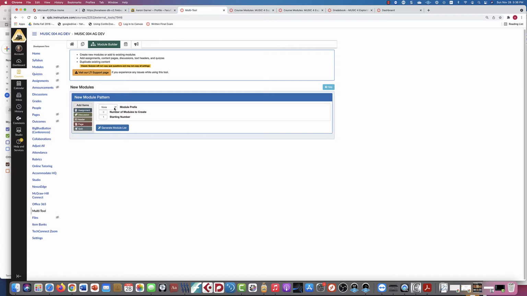So first thing you'll do is choose your module prefix. There are a bunch of them here that you can choose. You can do a custom one. You can just choose not to have one. I'm going to choose week because I always go by weeks. And then I'll start from 1, and we'll do 4 modules. And before we generate our module list,